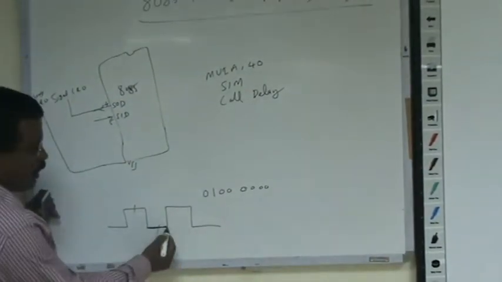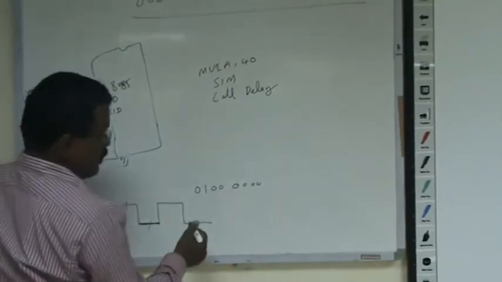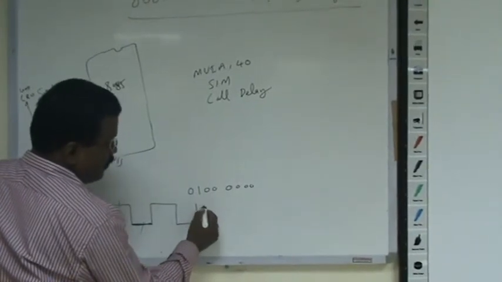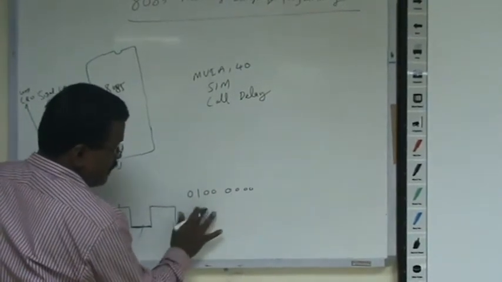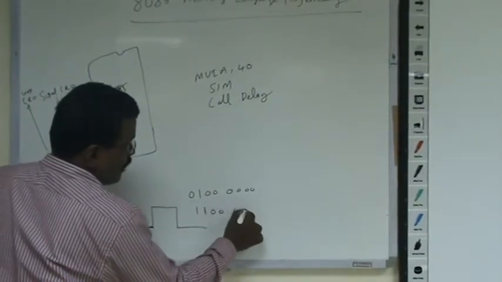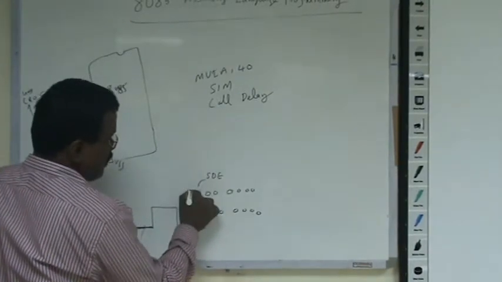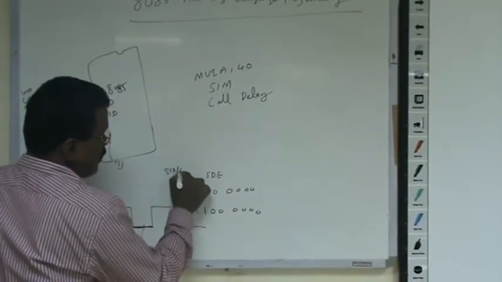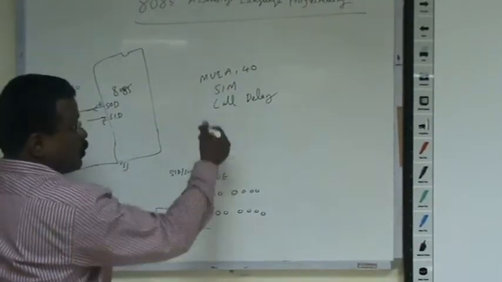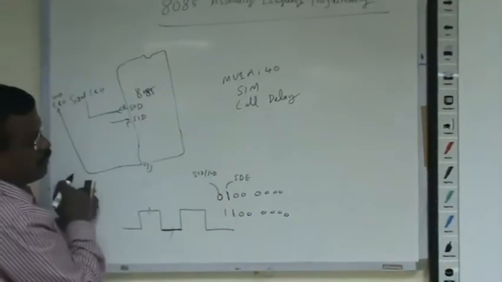After the time is over, I have to move the high data into the SOD bit. So in order to set the bit, this SOD bit must be high. This must also be high, the serial data enable bit, and these are all don't care. This is called SDE, serial data enable. This is called SID or SOD bit. Whenever this is 1, if you execute SIM, this value is available at the 4th pin of the processor.